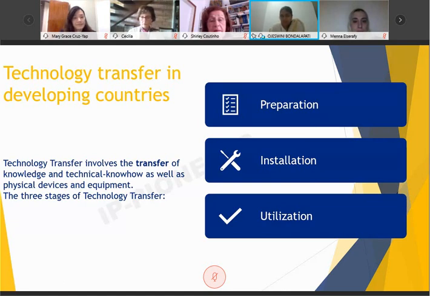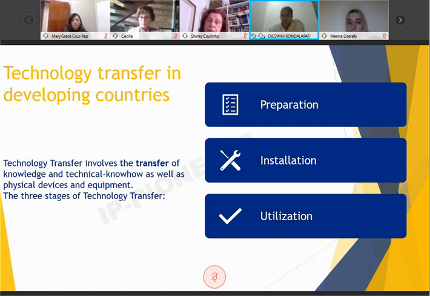There are different stages in technology transfer: the preparation, installation, and utilization stages. The preparation stage is the very beginning stage that involves market research, identifying the problem and getting the solution. That's done in the research phase. And then the installation, it comes to the production of that idea, how we are going to protect it, and finding a proper